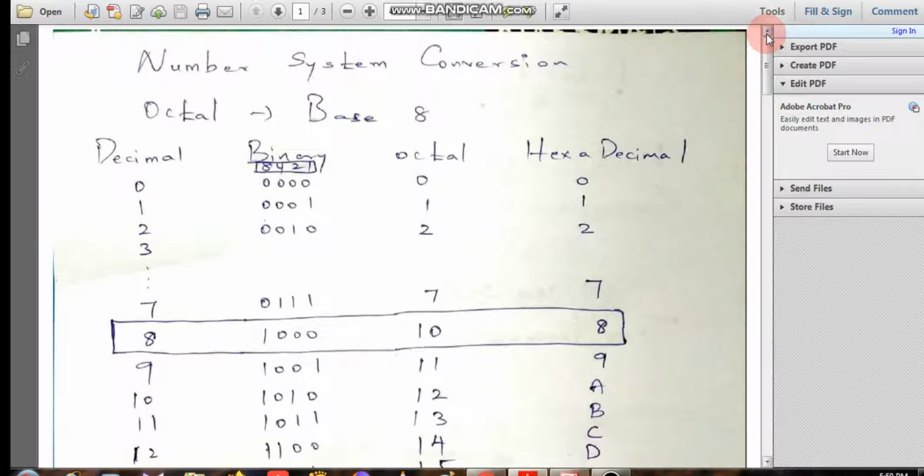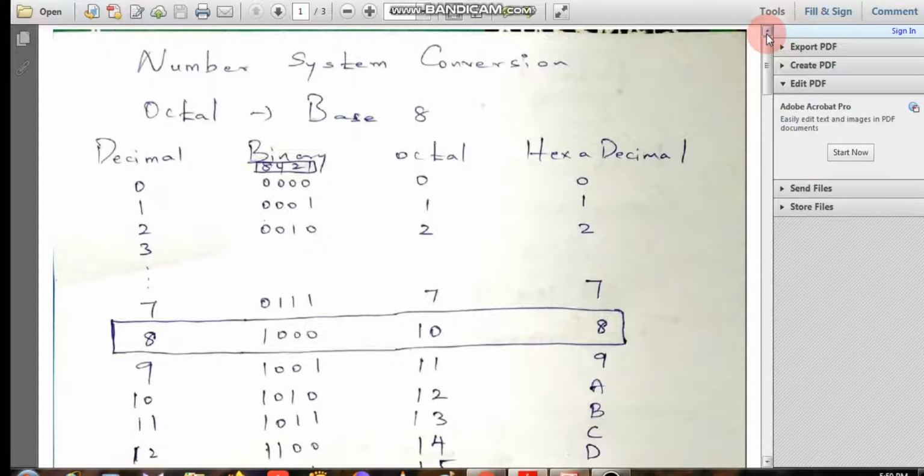Hi to everyone. In this video, I'm going to explain the conversion of one number system to another number system. In my previous video, I explained how to convert a decimal number system to other forms of number system and a binary number system to other forms of number system. If you need that video, I will put it in my comment box.